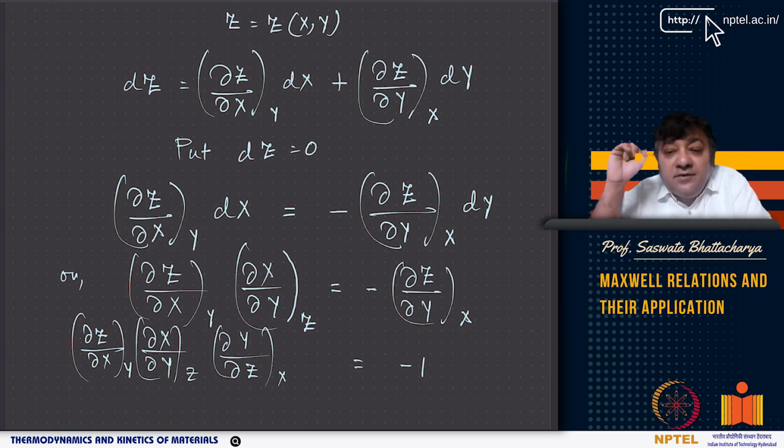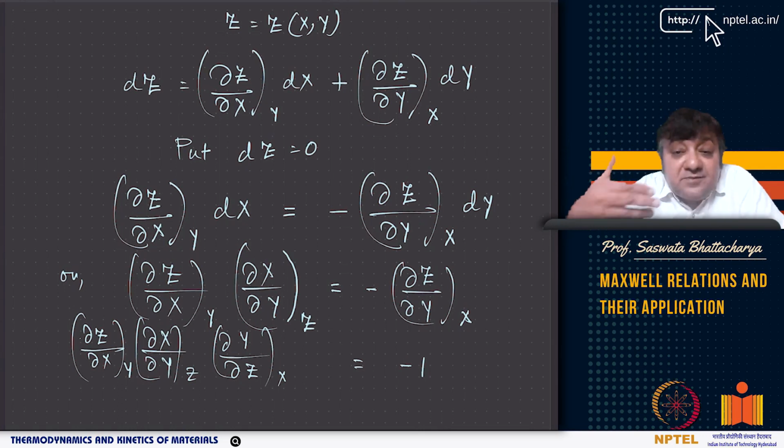However, note that whatever relation you derive, it is always important to derive relations in a way that you can involve several measurable quantities. Then only you have directly measurable quantities. For example, temperature is directly measurable using a thermometer, or pressure is directly measurable using a barometer. A measuring tape can measure volume, right? Volume is a directly measurable quantity.